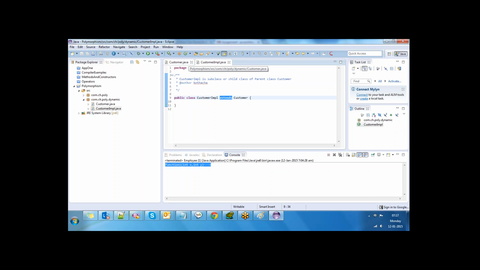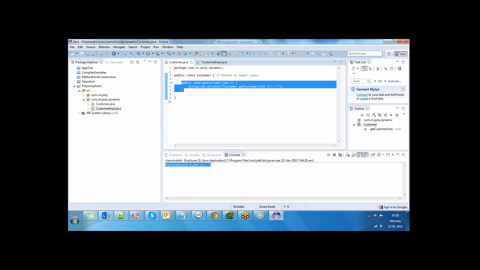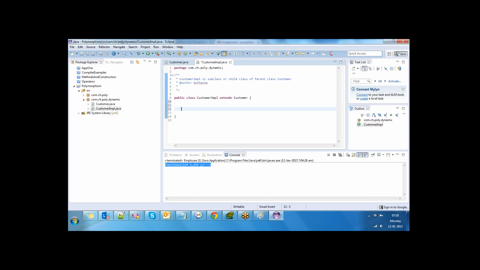Customer class has a method. CustomerImpl extends Customer. Now, here I am going to implement the same function, the same argument, in CustomerImpl. Only the output inside is different.